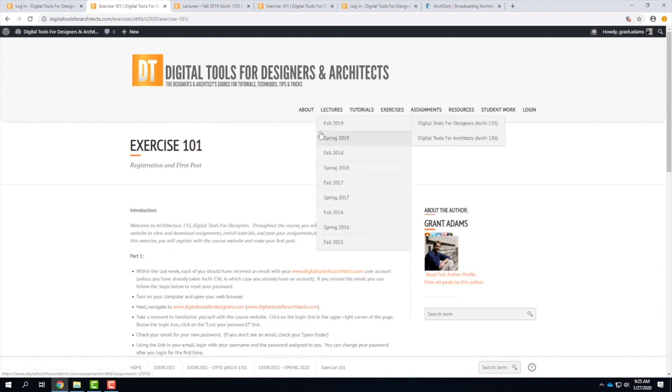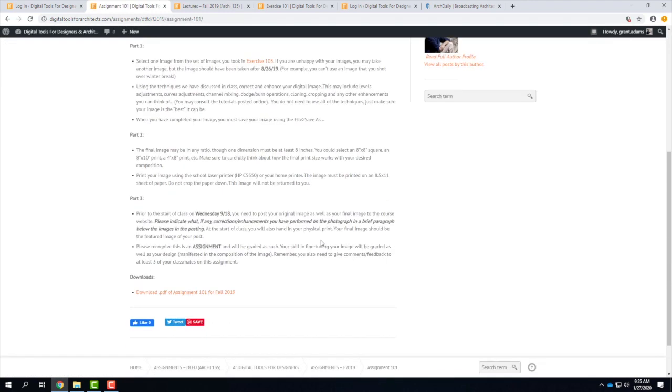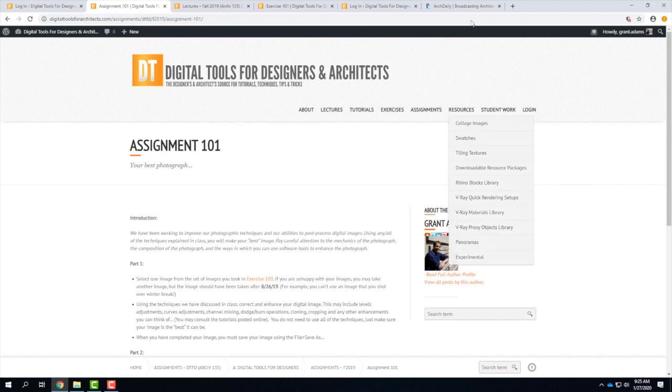Assignments here is the next category. It doesn't show Spring 2020 yet because you guys haven't had an assignment yet. So as soon as we give you an assignment, it'll say Spring 2020. You would be able to click on that and then go into the actual assignment, same basic information. Okay? Don't go based on last semester's assignments because sometimes they change them or tweak them or have different requirements on them. There's a chance that they might be the same, but they might adjust a little bit as we go along. Resources, these are things that I think might be helpful for you along the way. They're just collections of stuff. And you can download those and use them. I'll reference them at certain points along in the semester.